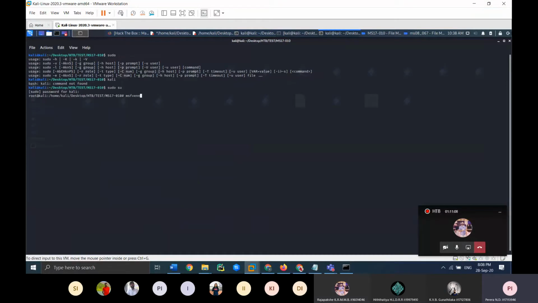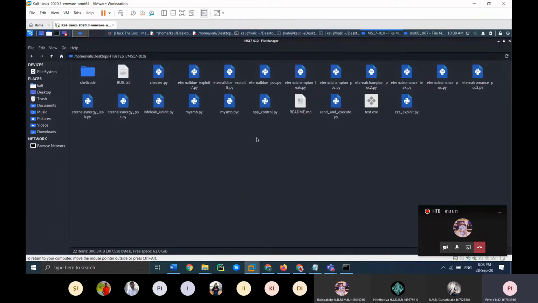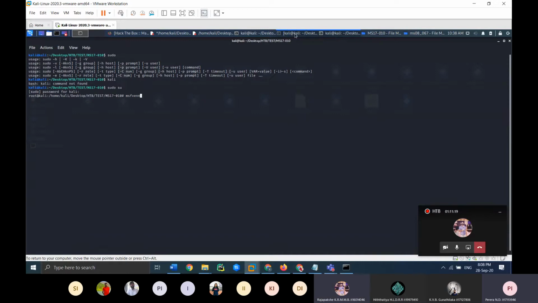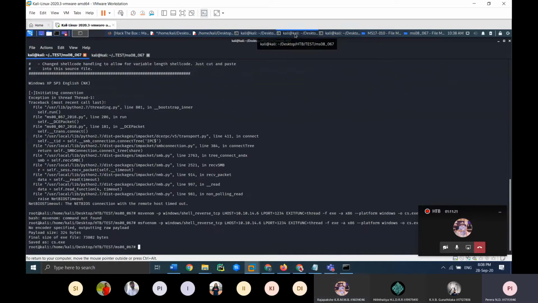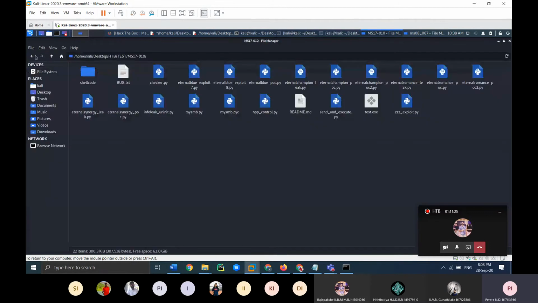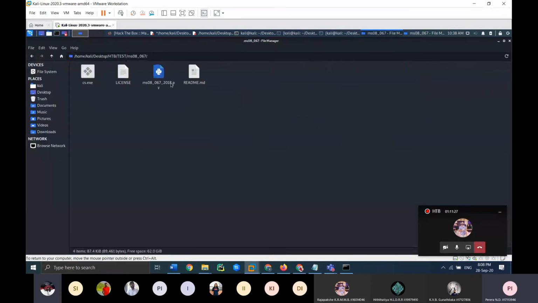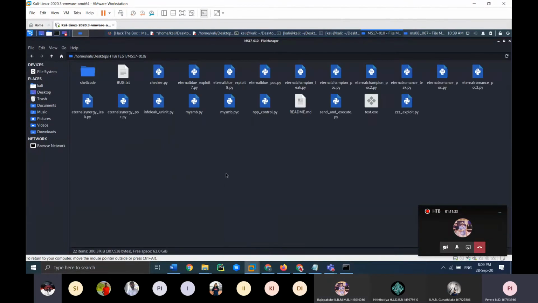In MS08-067, the exe is created here. Let's take a copy of it to MS17.